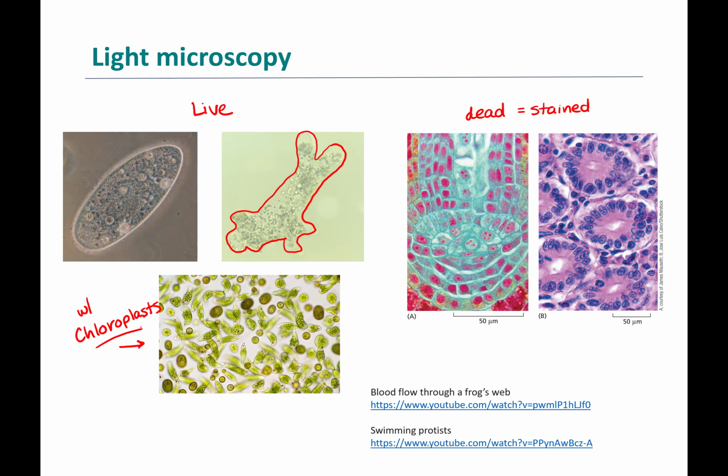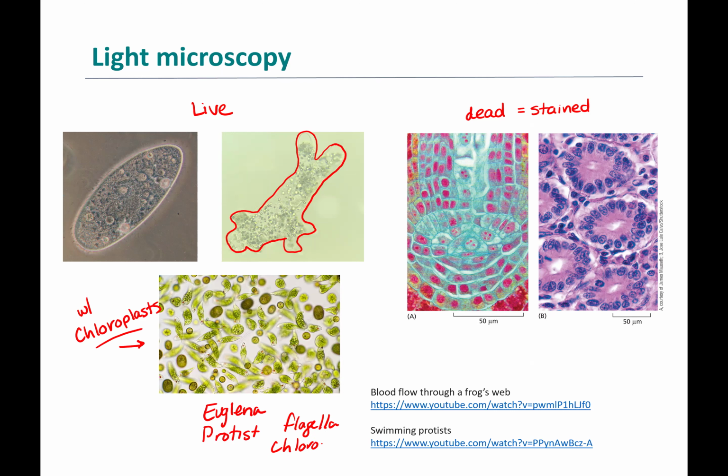These are called euglena, and they're a protist, and they have a flagellum, and they have chloroplasts, so they're green looking. And you can see that color. The other color you can see is red blood cells. So I encourage you to look at these two videos and just see what you can see with